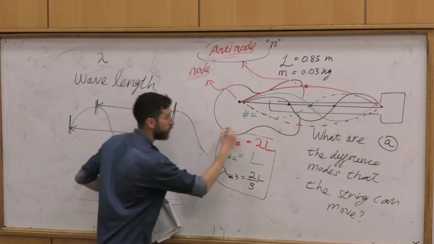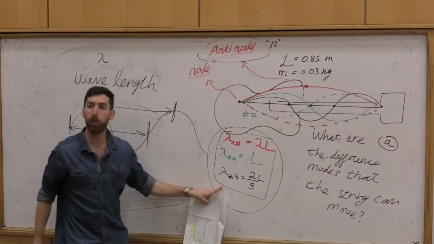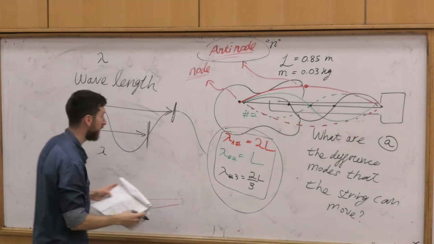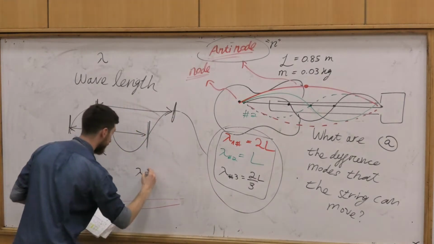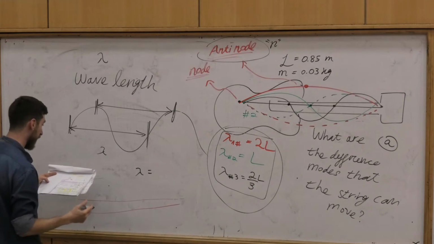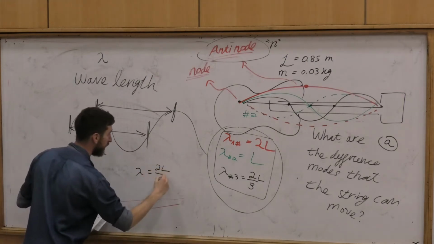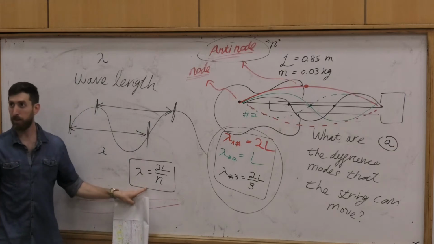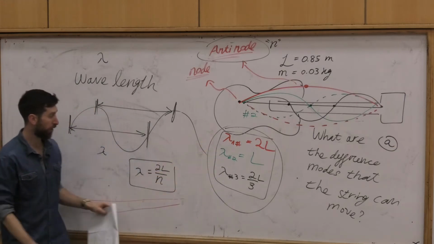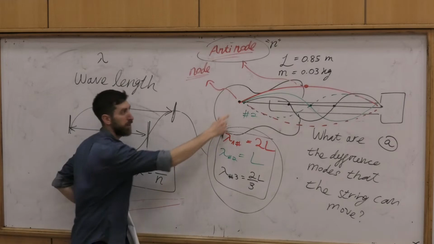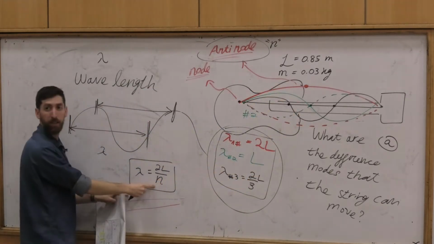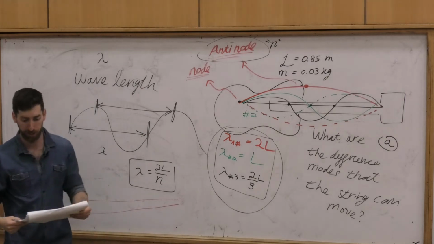So if I want to generalize all the possibilities of the modes that I can visually see, actually, it's going to be lambda equal to 2L divided by N. You see it? This holds for everyone. For 1 it is this. For 2 it is L. For 3 it is 2/3 L, and so on and so on.